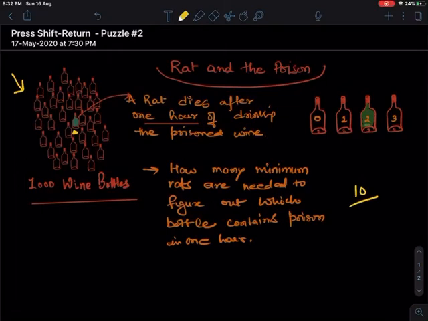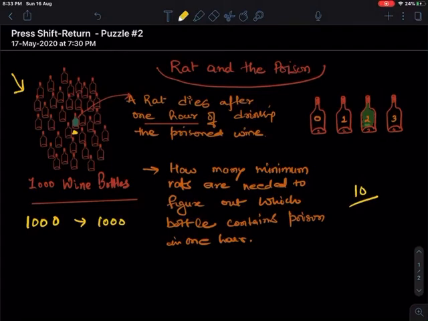So you have just 1 hour, and obviously there are 1000 wine bottles, and you can have 1000 rats for each 1000 bottle, right? And then you can make each one drink each wine, and only one rat dies, and you know